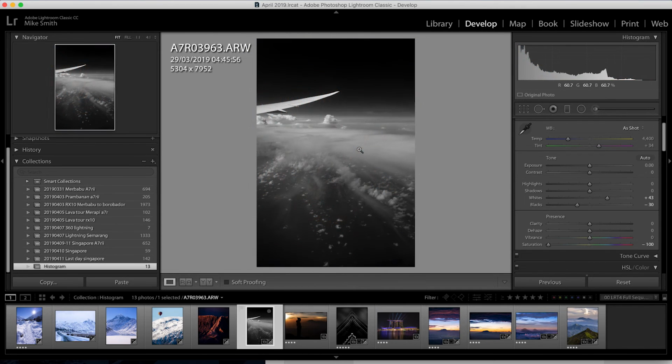I took this next shot from a plane window. Again, it's quite striking, and the wing is really bright, as are the clouds, but then the sky is really dark, as is the sea, and you can see this on the histogram. I think this spike here is probably the wing, and then this big lump here is the sky and the